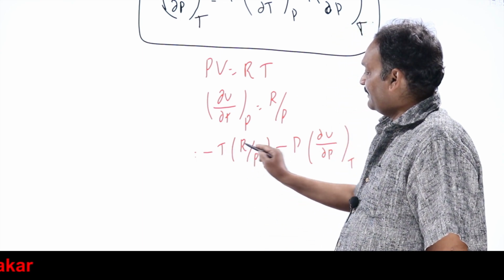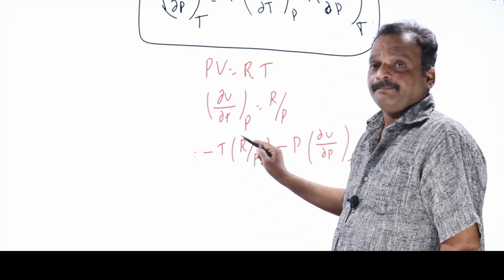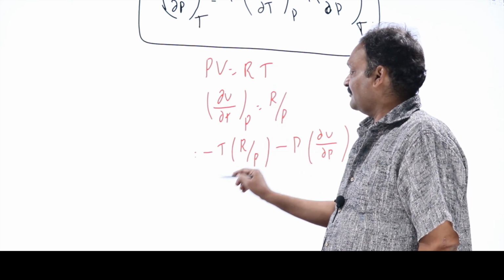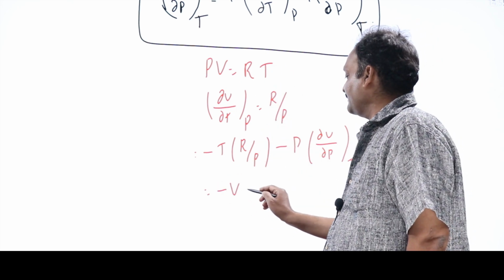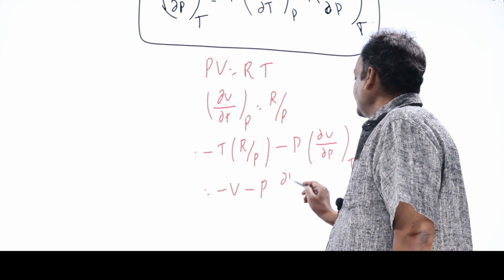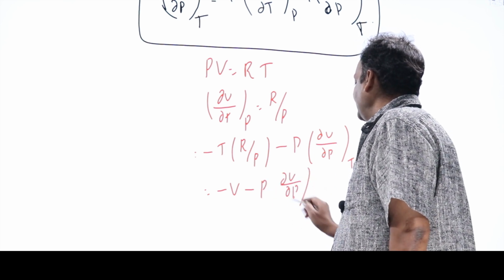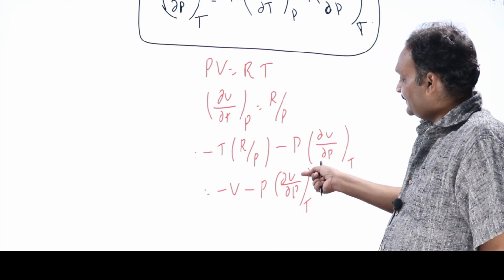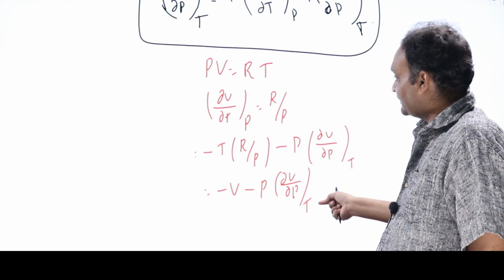In the numerator we have RT, and RT is equal to PV, so P by P will get cancelled. What remains here is minus V, minus P into ∂V/∂P at constant T. Now I have to see what ∂V/∂P at constant T is for an ideal